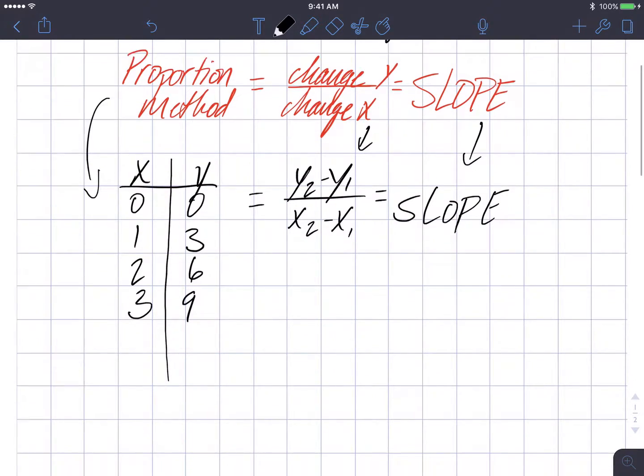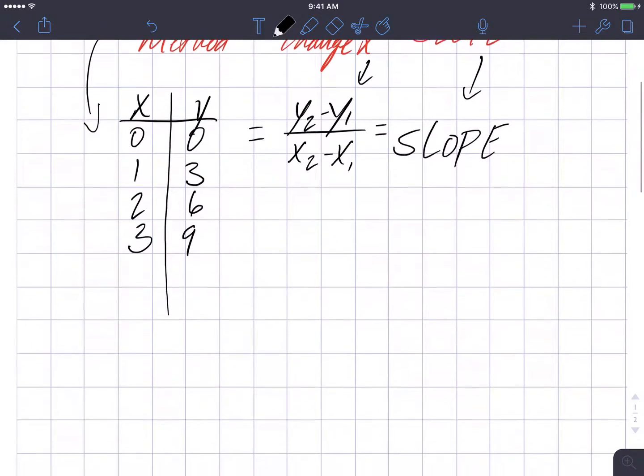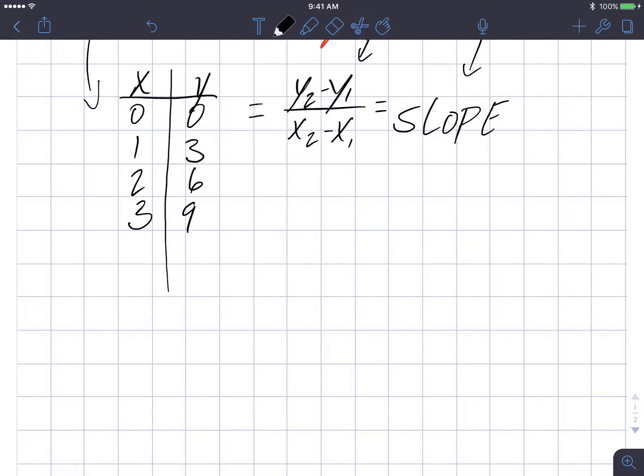I'm using this table here. X is 0, 1, 2, 3. Y is 0, 3, 6, 9. This table could come from an example, could come from a scenario created. All right, it's not important where it came from. The important part is what it is. Okay. So the proportion method, what we do